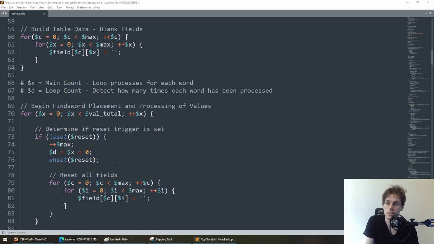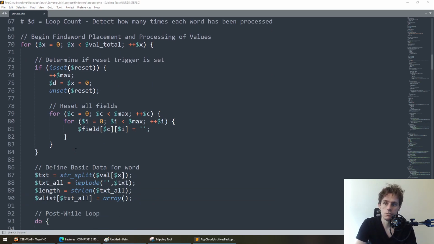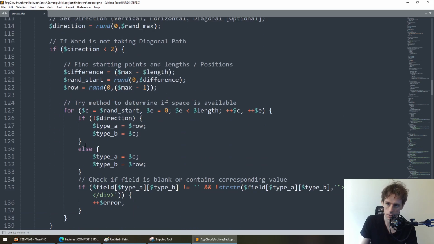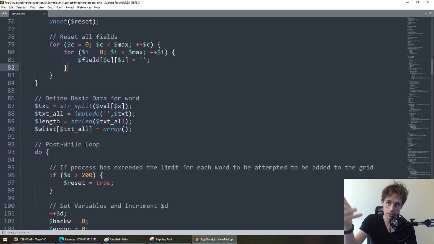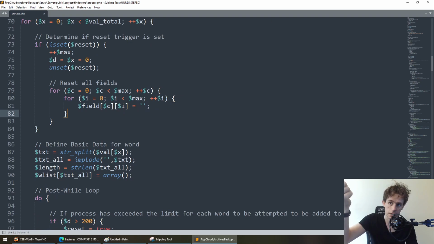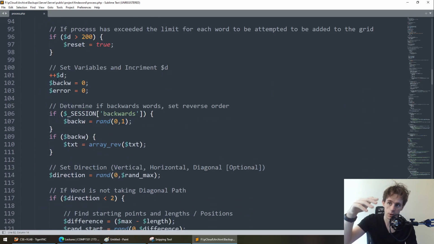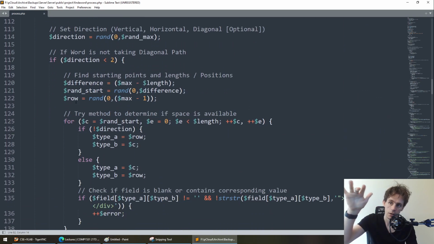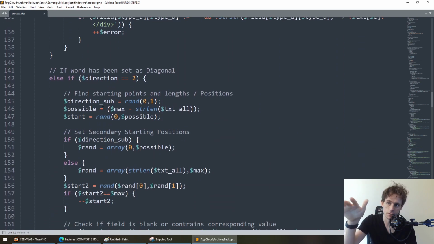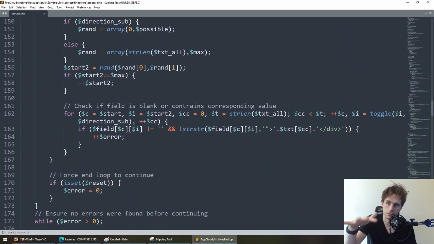But then you go further down and you get loops within loops. This you could argue is accidental complexity because there are ways to do this. Like in Python, you have list comprehension, so you don't need loops and loops to set things by default. Look at the size of this particular function: for loops, if statements, do while loops for God knows what reason, if statements, for loops, if else, if for, if.